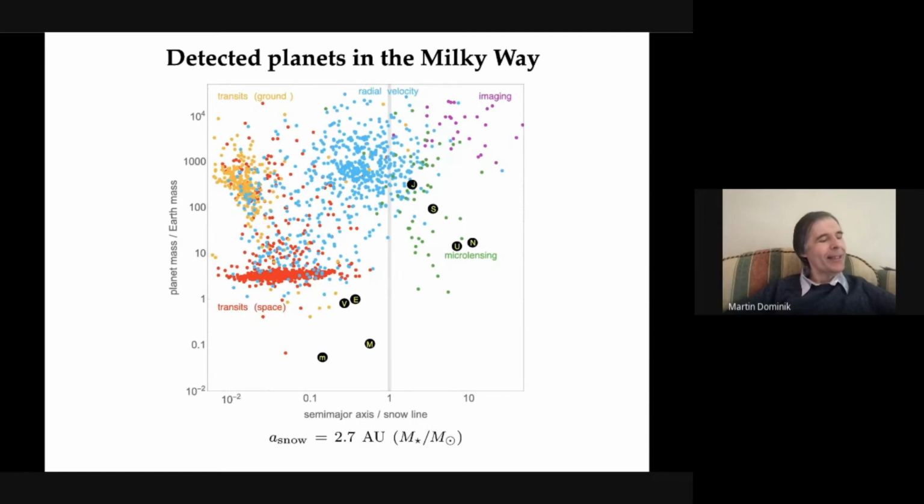Given the specific sensitivities of the various techniques used to detect planets, the coverage of planet parameter space, as for example indicated by planet mass and orbital separation, is patchy and far from uniform. Notably, those very regions where we find the solar system planets are amongst the least explored.